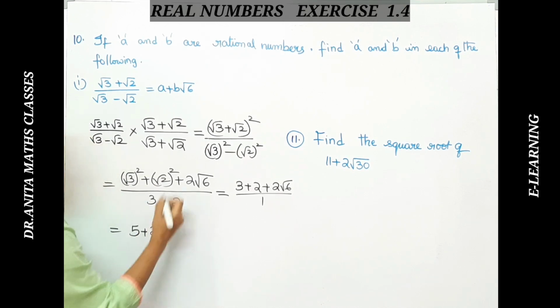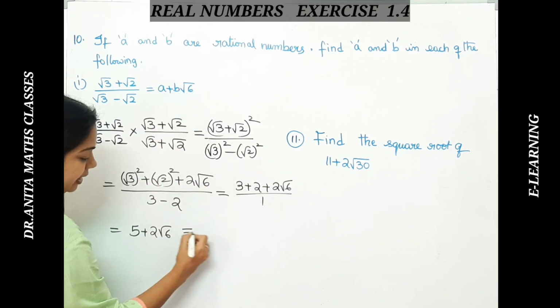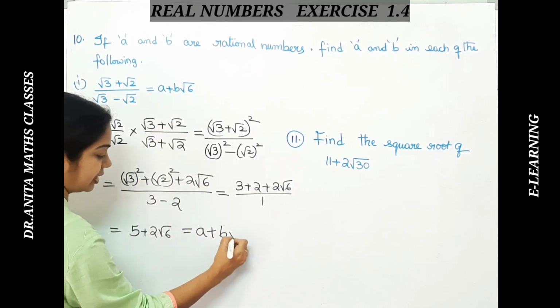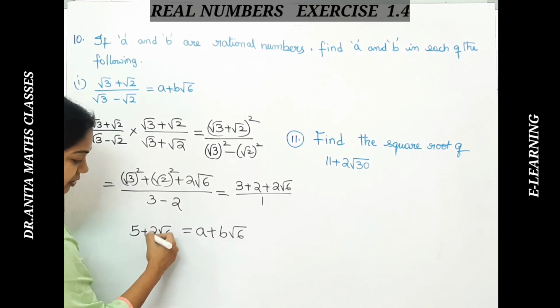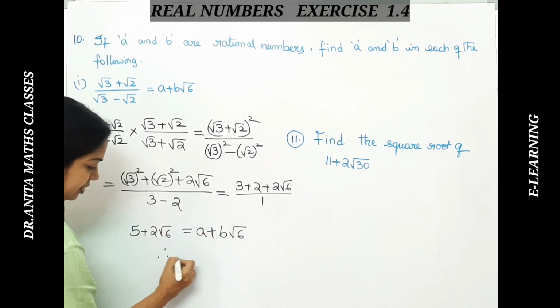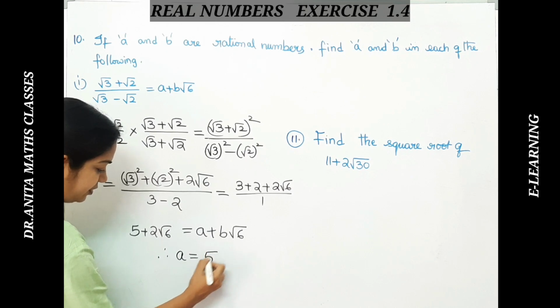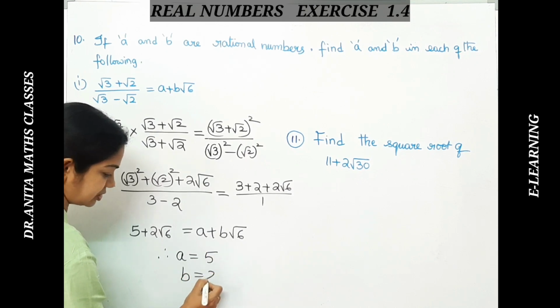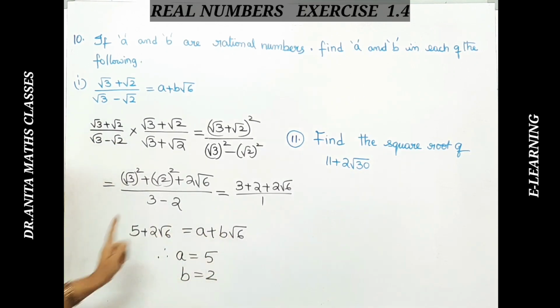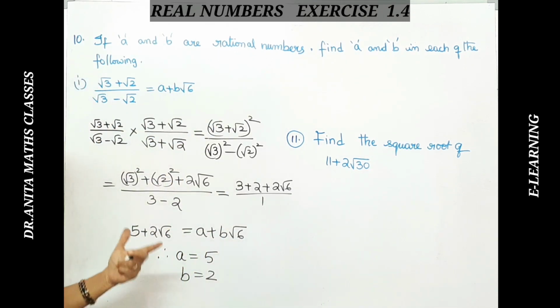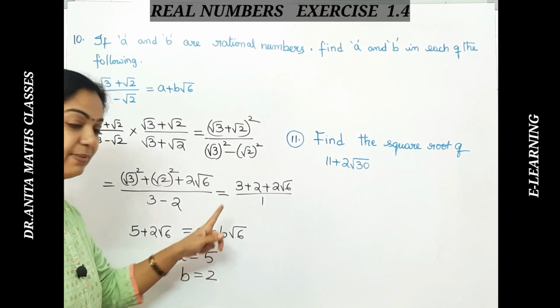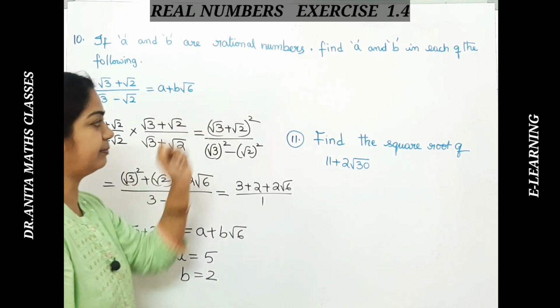So this is equal to the given a plus root b. So I can equate them. We can equate them, isn't it? So this is given as 5 plus 2 root 6. So here equate them. Therefore a value is equal to 5 and b value is equal to 6. Equating both of them. Likewise, do the second part of this. Rationalize the denominator and equate to a and b. There is a minus b there. Okay, in the second bit of the same sum.